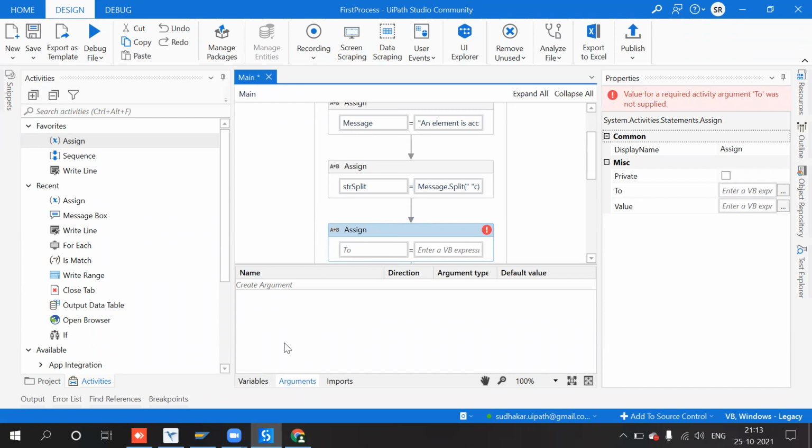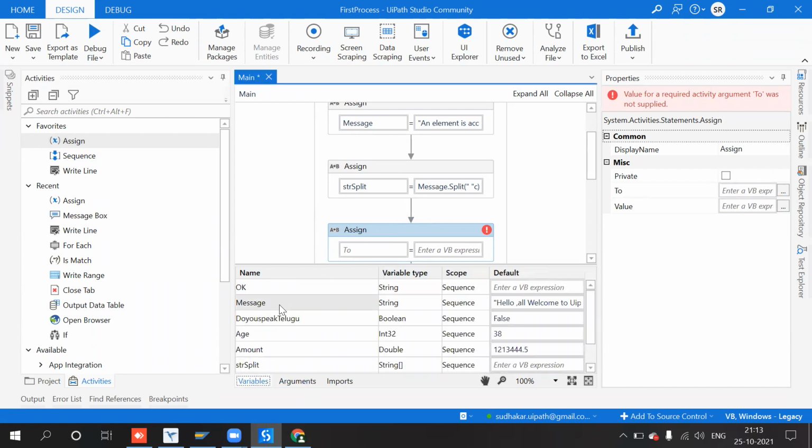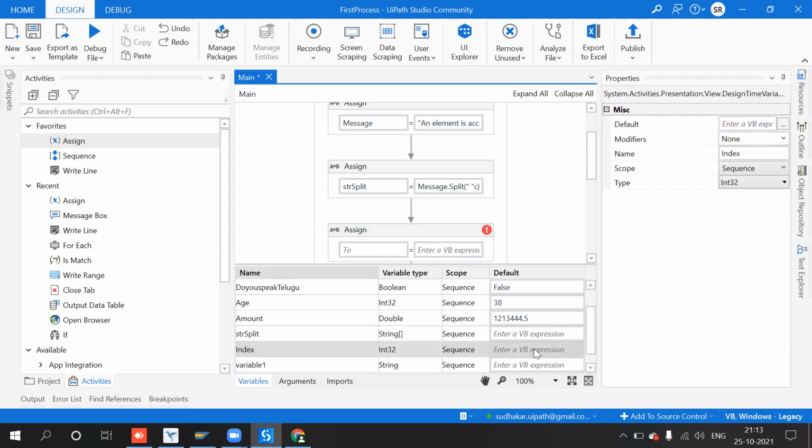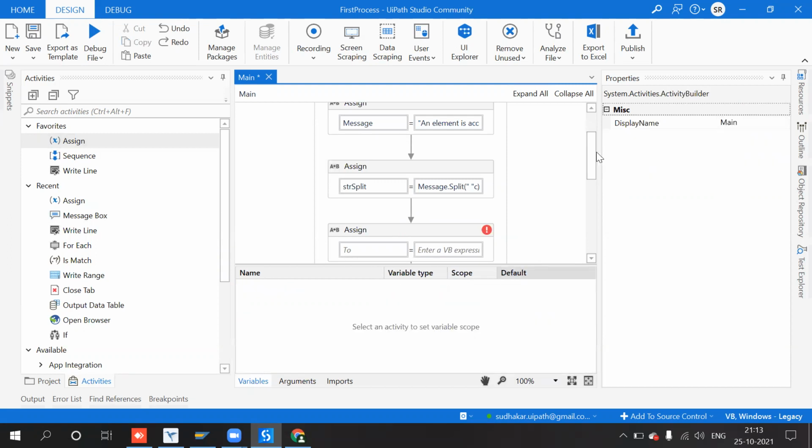So here I will create one variable called index. Anyway, now we have index, right? So I will make use of this, index is 0. Index is 0.